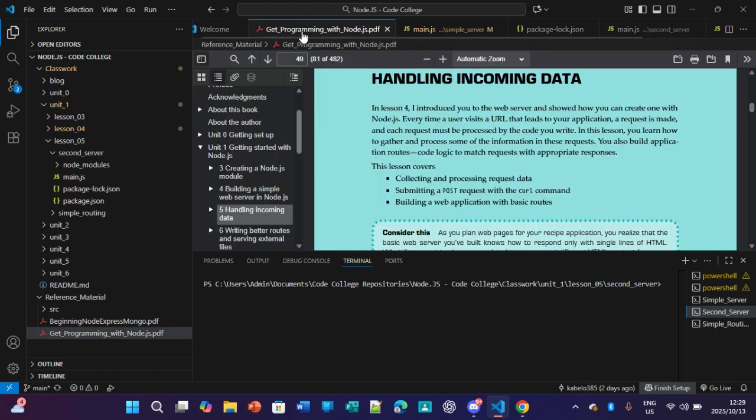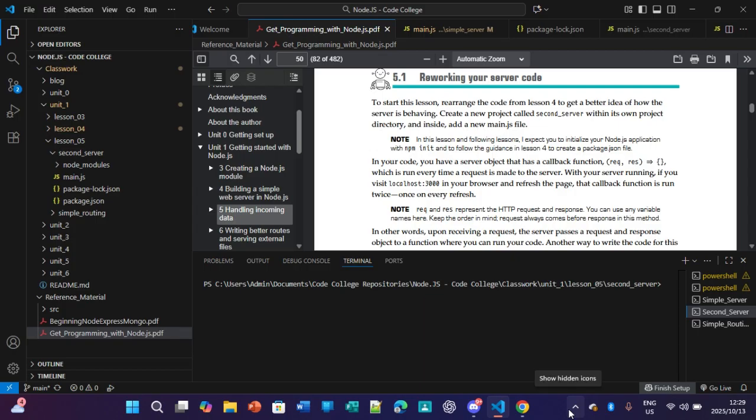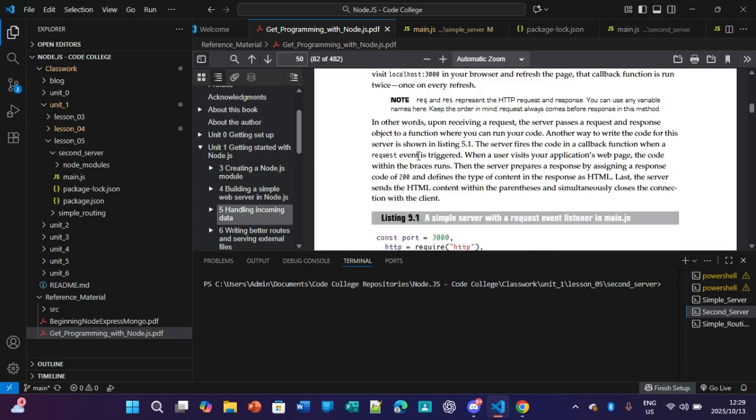So in this code, we'll have a server object that has a callback function, request resolution, which runs every time a request is made to the server. With your server running, if you visit localhost 3000 in your browser and refresh the page, that callback function is run twice, once on every refresh. In other words, upon receiving a request, the server passes a request and response object to a function where you can run your code. Another way to write